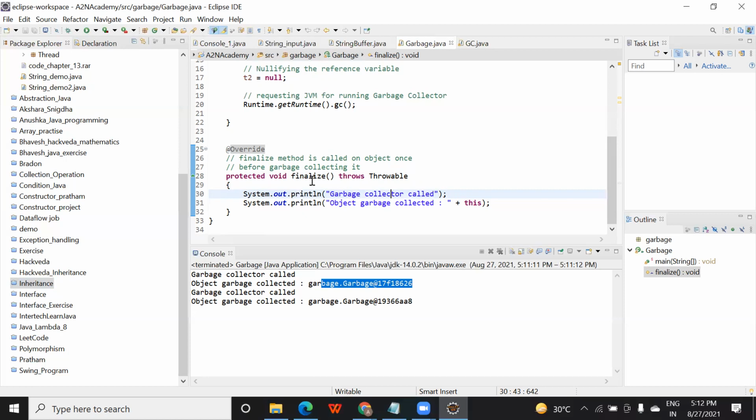Suppose while running this method there is some error while collecting the garbage or while printing the memory or the id of those variables. Here you are using this, right? It means the current class object. This keyword is used to represent the current class object. Are you aware of this keyword?